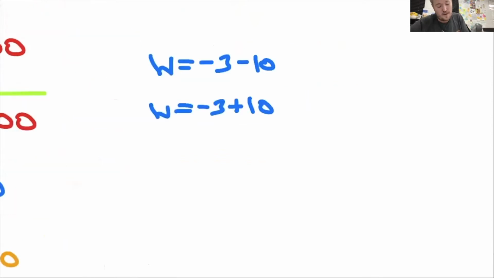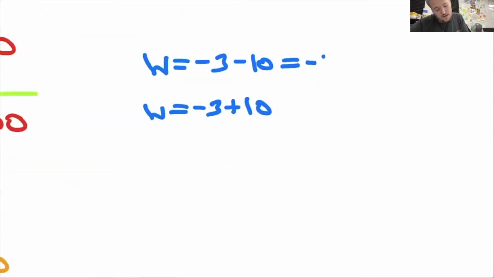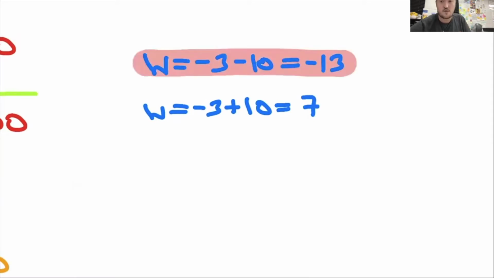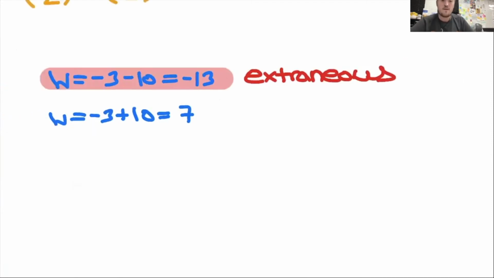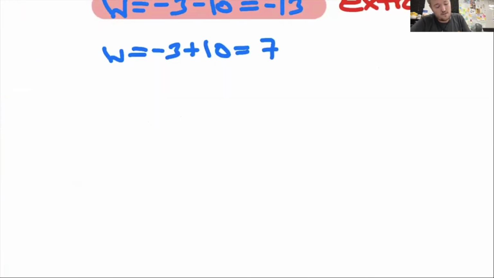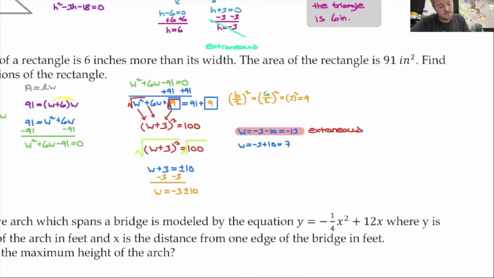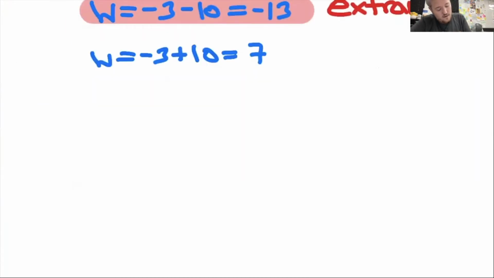All right, so when I do minus, I get negative 13. And when I do addition, that gives me positive 7. So remember, we can't have a negative measurement, which means this W equals negative 13 is extraneous. I cannot use it. This is my false positive. All right, so which means my width is going to be 7 inches. All right, so now if I know W